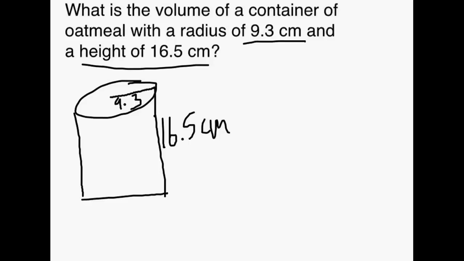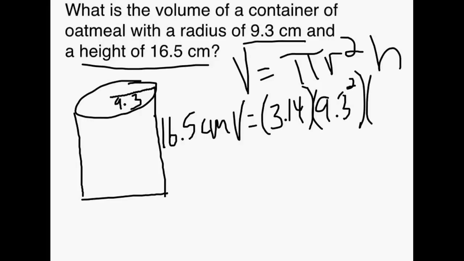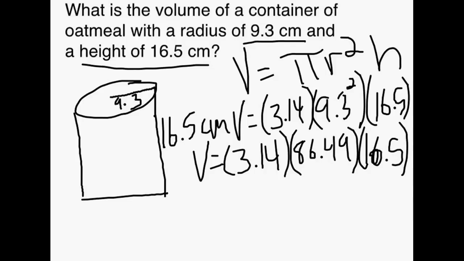Now, all I have to do is use my formula. V equals pi r squared times h. Let's plug in our values. V equals, instead of pi, I'm going to write 3.14. And then our radius was 9.3, so 9.3 squared times a height of 16.5. Okay, I'm going to go ahead and simplify out our exponent, so I'm going to rewrite the rest of my equation. V equals 3.14 times 86.49 times 16.5. Now, if I multiply straight across,